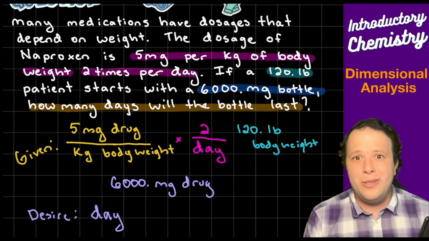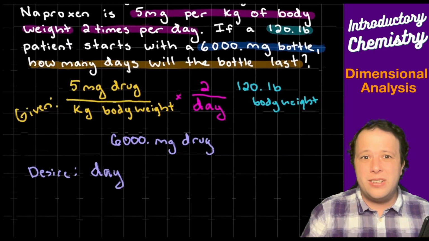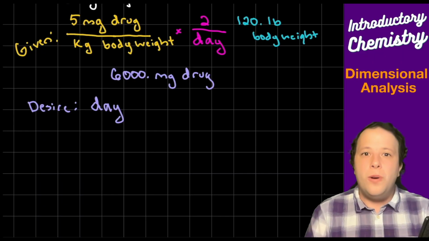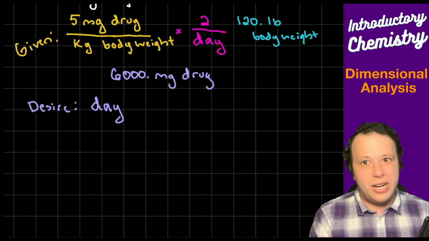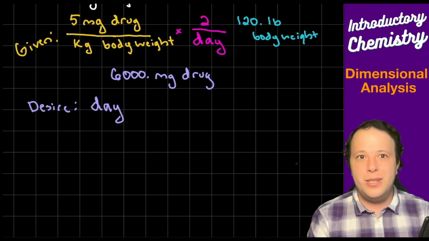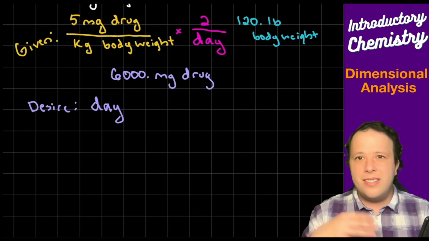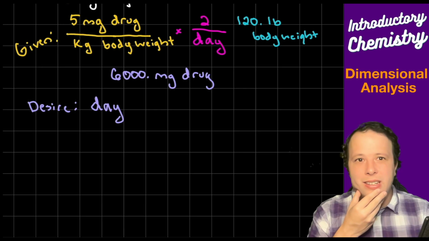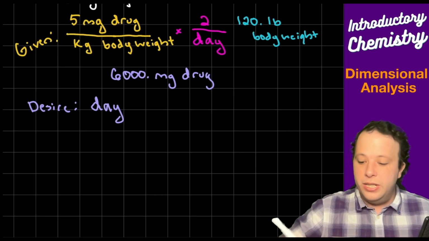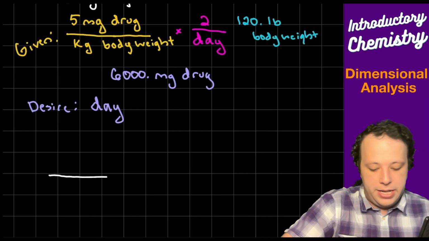So let's see where to start. There's multiple possibilities here. One thing you'll see is that there's one giant conversion term. The 5 milligrams of the drug per kilogram of body weight is a massive conversion. I would not start with that. Then we have 120 pounds, and then the 6,000 milligrams of the drug itself. So one of those two terms we have to start with. Body weight is usually an easier one to start with because then it gets those units canceled. I think we'll do this in 2 steps. So let's start with body weight.